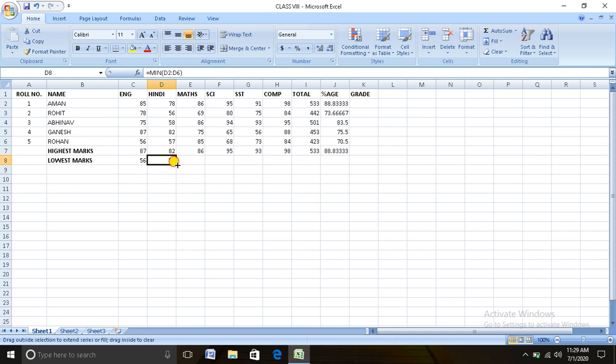Place the cell pointer on the cell D8 and place the mouse pointer at the right bottom of the cell and drag it right. Now we have the lowest marks in Hindi, maths, science, SST, computer, and lowest total marks and lowest percentage.